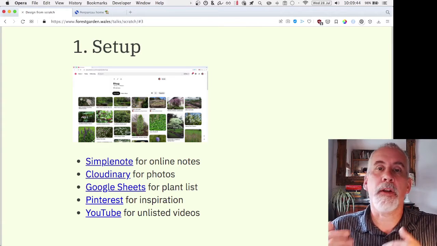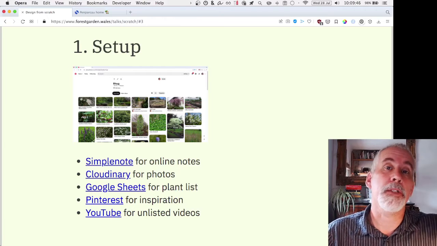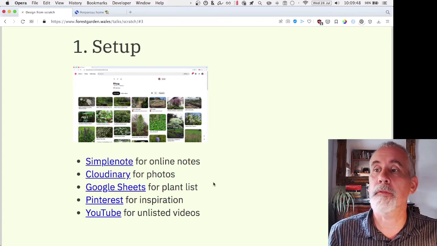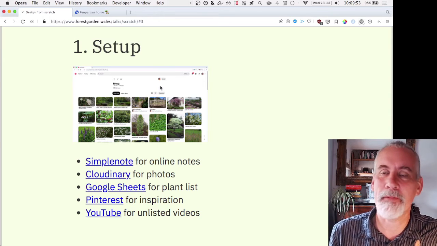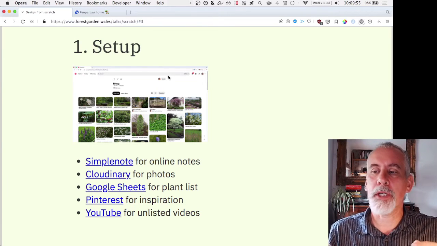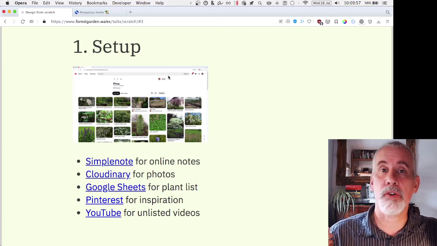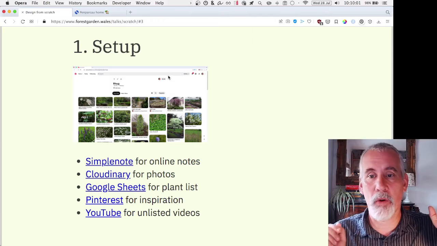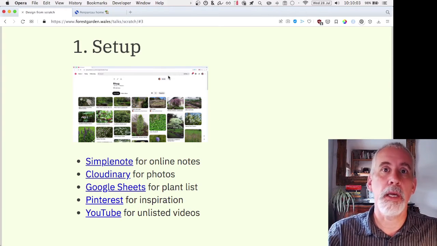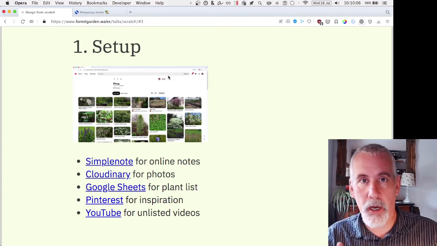Google Sheets, I use that for collecting photographs, as I call the client photographs I put into Cloudinary. Google Sheets, which I use for, I won't open it up because it will crash my computer because I'm live streaming. But Google Sheets, it's an online spreadsheet. It's great for creating lists of plants. I just have a whole list of different plants, different ideas, and then you work with the design, and then